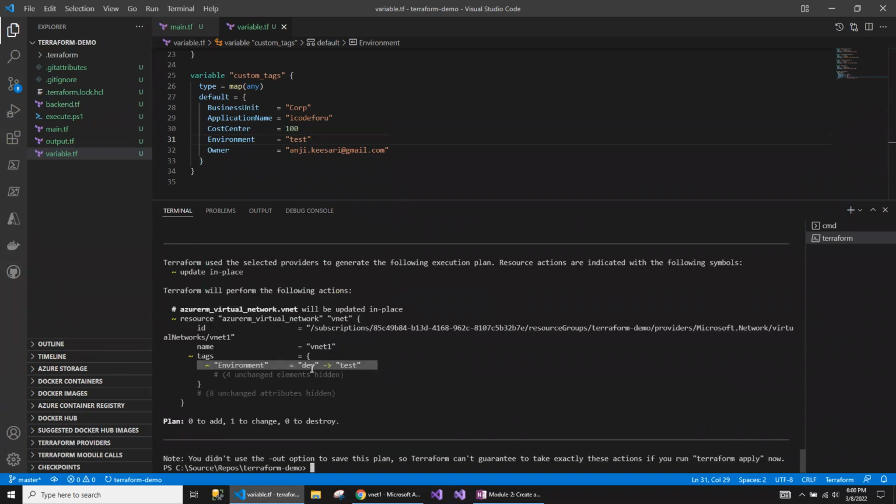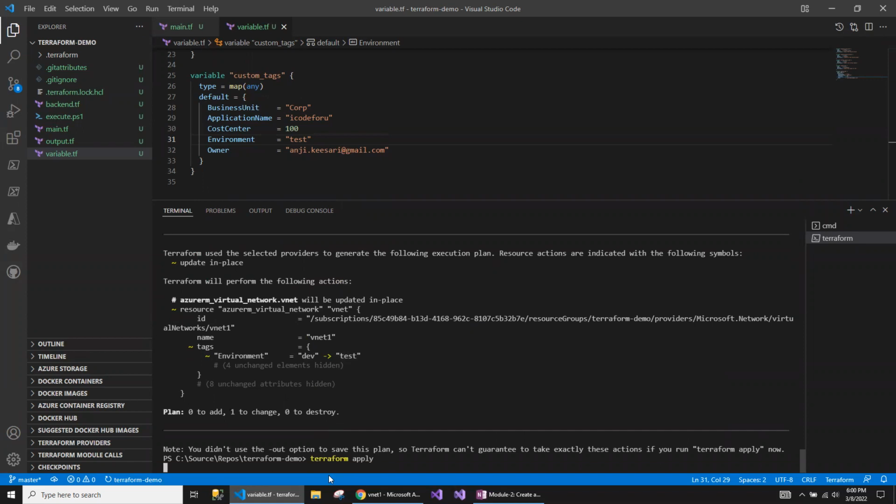You see these are the changes. It is getting changed from dev to test. And then the last command I'm going to run is Terraform apply. This is the runtime. It will basically run these resources in the actual environment. Sometimes you may also get exceptions or errors during the runtime when you run Terraform apply, and that is something you will have to deal with by fixing the runtime errors. This time only one resource is getting changed,